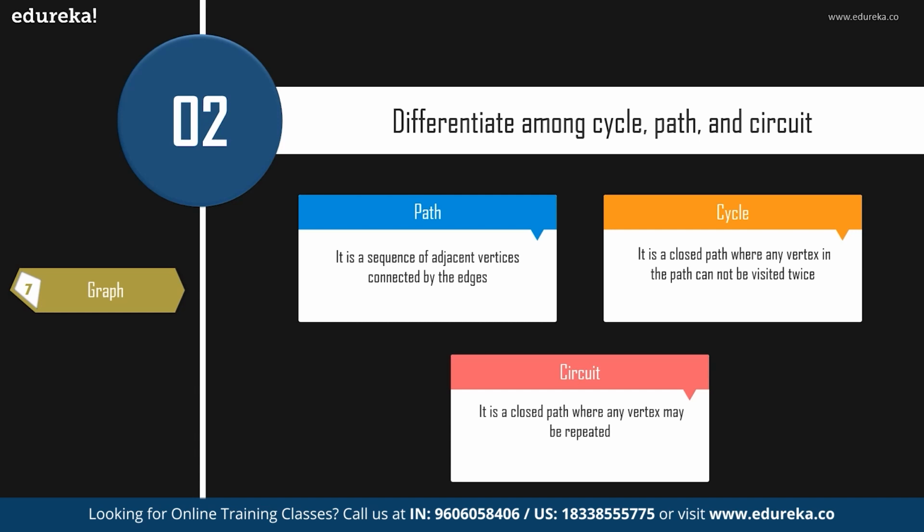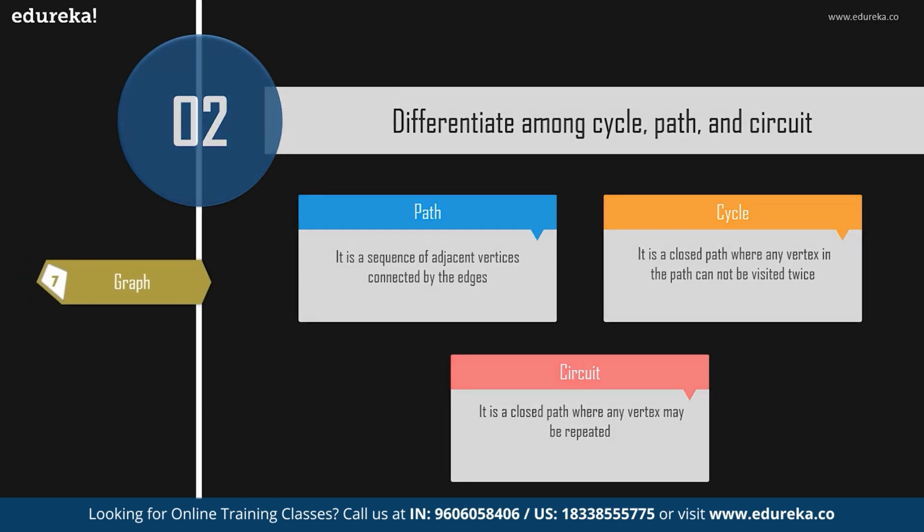Any vertex in the path cannot be visited twice, while a path is a sequence of adjacent vertices connected by the edges with no restrictions. A cycle can be defined as a closed path where the initial vertex is identical to the end vertex, and any vertex in the path cannot be visited twice. The third one is circuit. A circuit can be defined as a closed path where the initial vertex is identical to the end vertex, and any